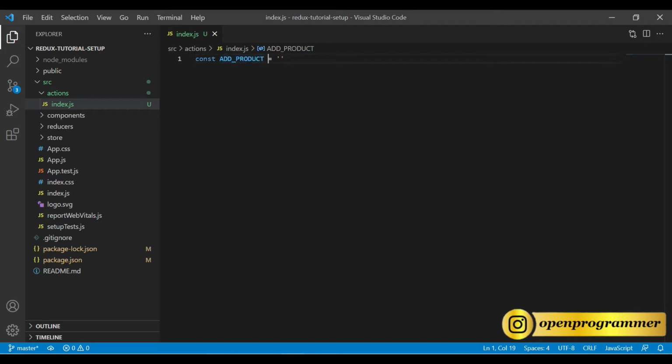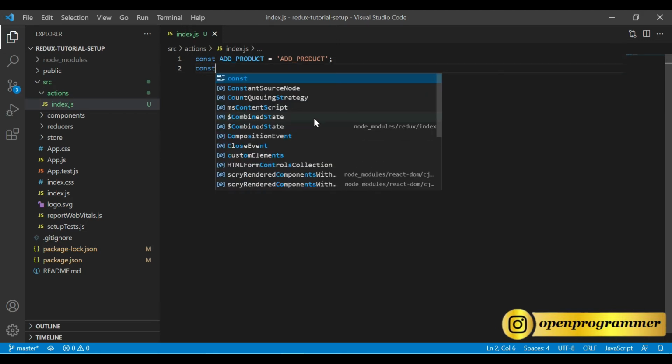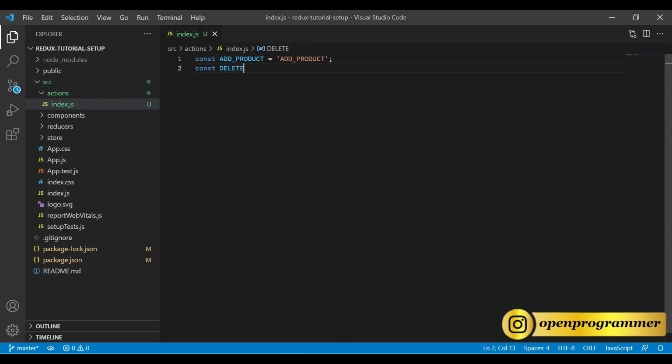Also, the value should be add product. Now, the second would be const, which should be in lowercase, so DELETE_PRODUCT. So these are two actions.